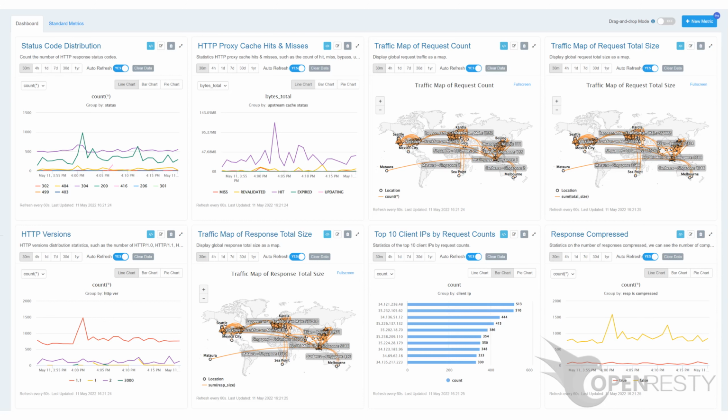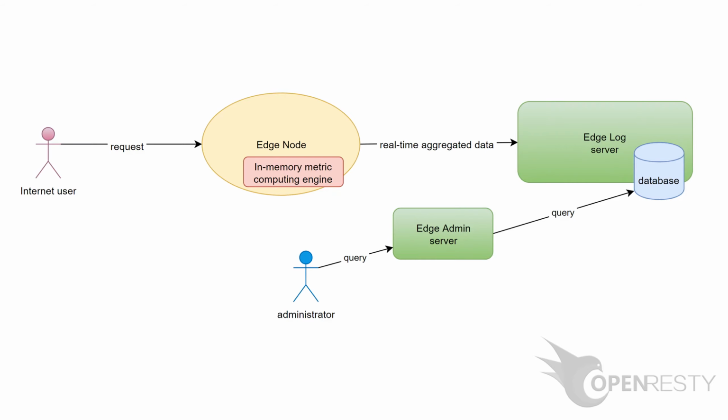Today, I'll demonstrate another feature in OpenResty Edge. That is, using the metric SQL language to create brand new dynamic metrics. Dynamic metrics allow the user to create custom metrics by writing SQL-like queries on the fly. OpenResty Edge automatically generates efficient code to collect and aggregate the metric data in each gateway server's memory. The data is then reported to the web console and displayed in pretty charts in real time.